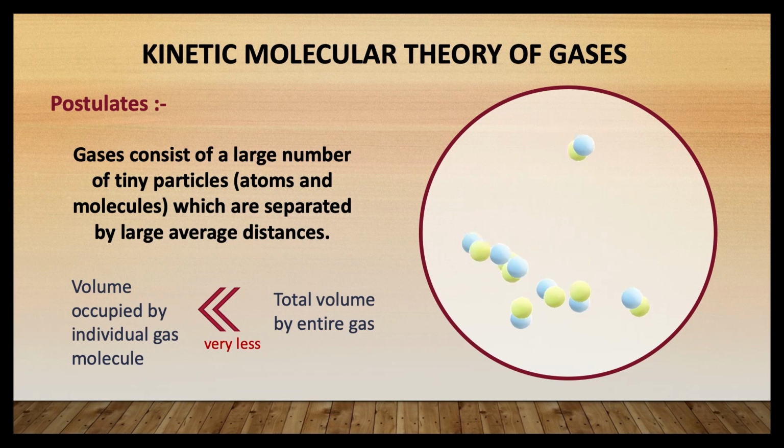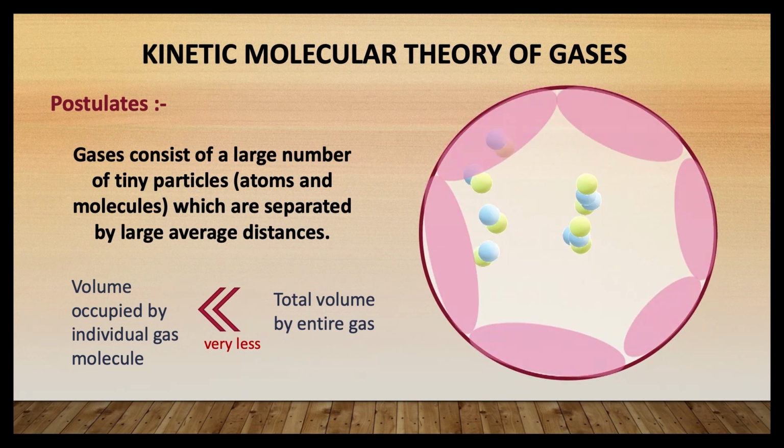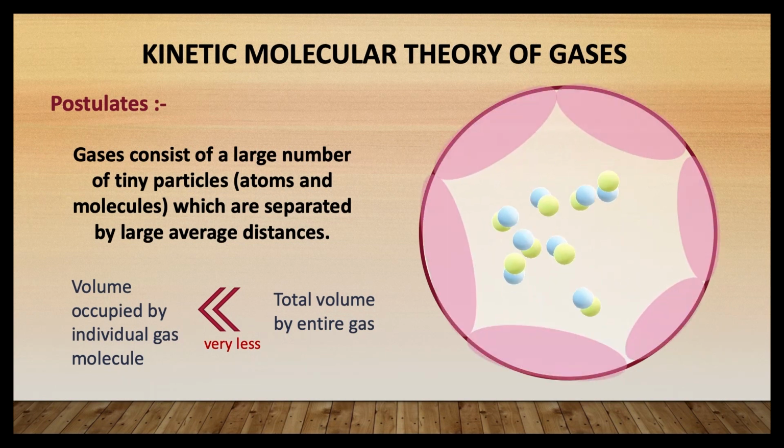Before that, we shall have a look at the various postulates that explain the kinetic molecular model of gas as explained by Maxwell. First and foremost postulate is that all gases consist of a very large number of minute particles called molecules. These molecules are extremely small in size and are separated by large distances, due to which most of the volume occupied by the gas consists of empty space. Thus, the actual volume of the gas molecules is negligible as compared to the total volume occupied by the gas. And this observation also means that the volume occupied by the individual gas molecule may be ignored.